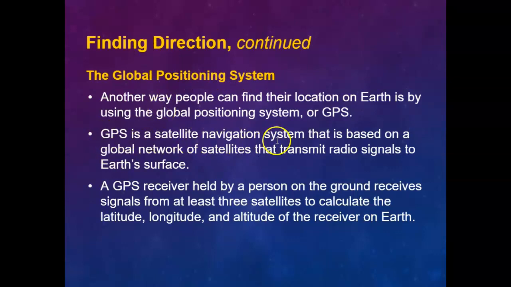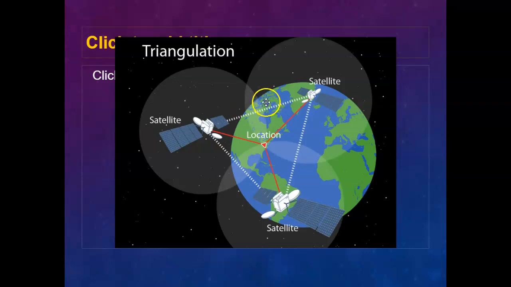GPS is usually a satellite navigation system that's based on a global network of satellites, and they transmit radio signals all over the surface of the Earth. We can tell where we are based upon where the satellites are and where we are related to those satellites. We do it through a process called triangulation, where three separate satellites effectively figure out how far away we are from them, and their distances overlap at only one location. So it's kind of like a Venn diagram, where the Venn diagram only overlaps in one location